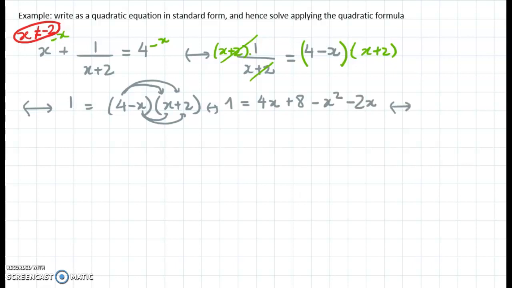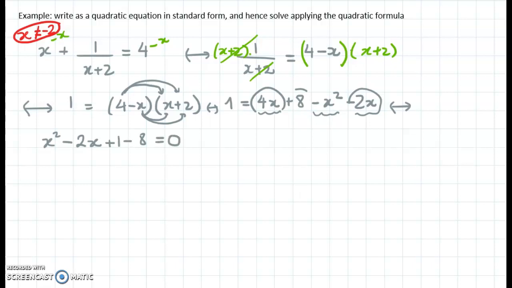It means over here, if we write everything on the same side of the equality, we have x squared for this term over here. Then collecting together the terms in x will give us on the right hand side 2x, but that's minus 2x on the left hand side. And then we have this 8 to take care of, so it will be plus 1 minus 8